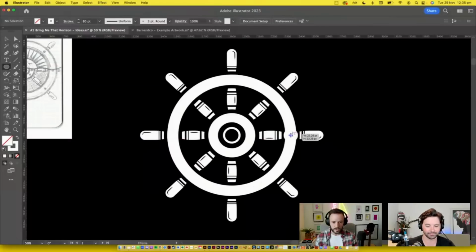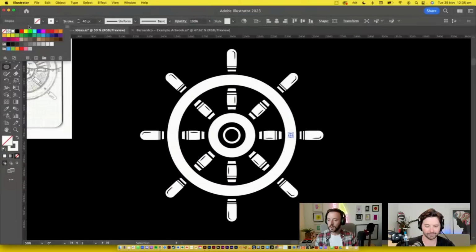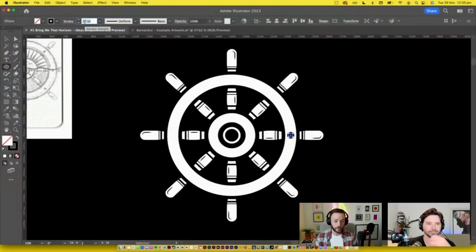Now, again, with our little nuts that we're going to secure this to the design, we're going to just draw an ellipse in here. That's an enormous stroke width. So we're just going to bring that down to 40 or so. Even more. Change it to black. There we go. Now we've got our nut that is securing the